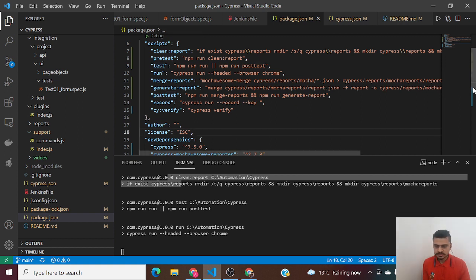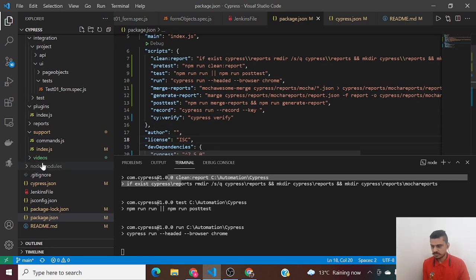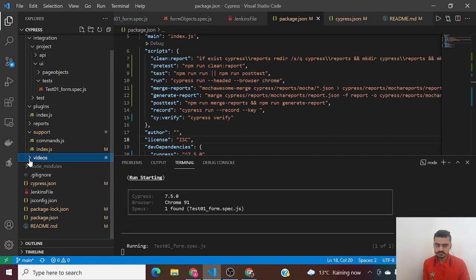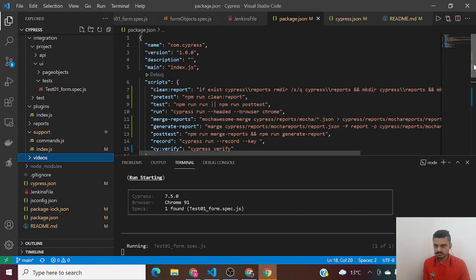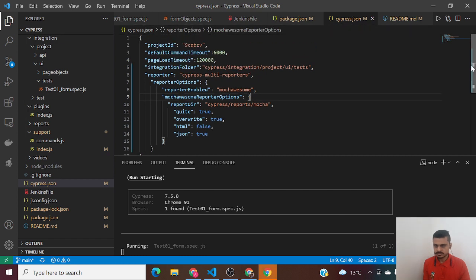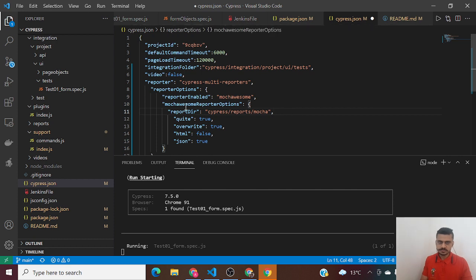Also guys, you can add another additional tag. I am recording my videos, but if you don't want to record your videos, you can do it in your cypress.json file. Just set video to false, and it won't record the video for you, because video actually takes additional space, which you wouldn't want. Okay, so Cypress has opened up.